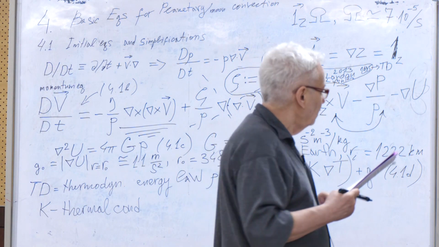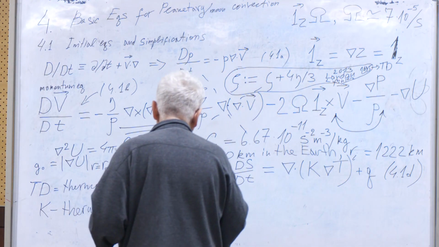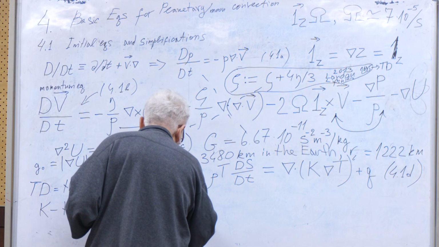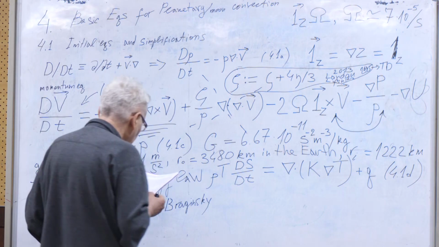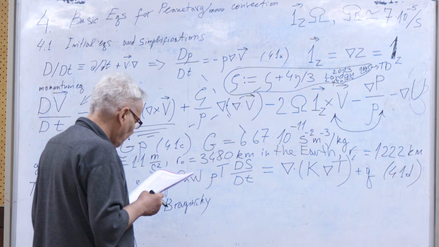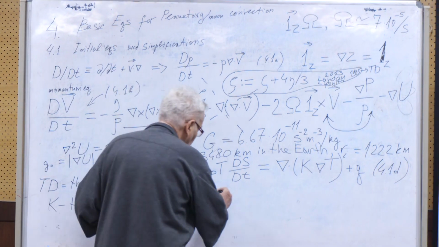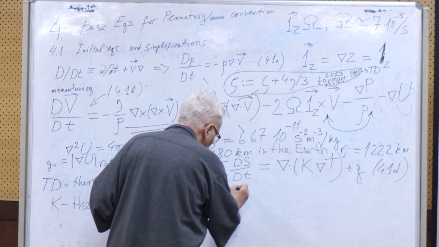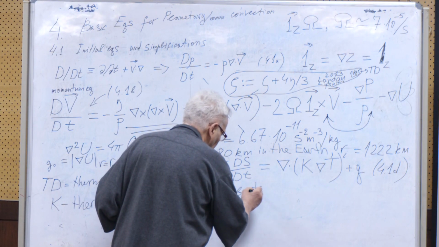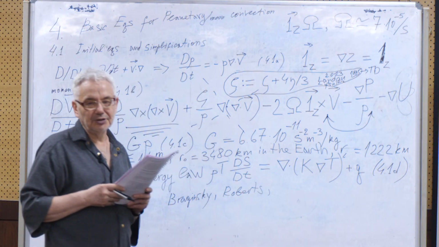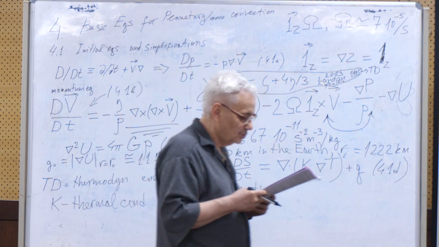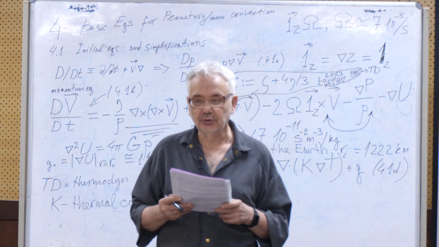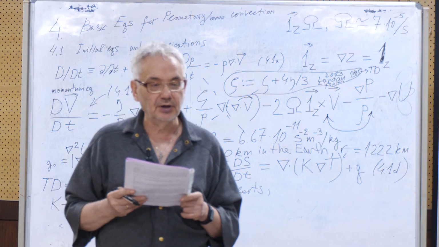There are many authors. Braginsky perhaps was the first. Then it was Roberts, a very famous person. Then Wicht, and mentioning myself. I also put some effort into proving that it's not convenient to use thermodynamical variables like P and T,